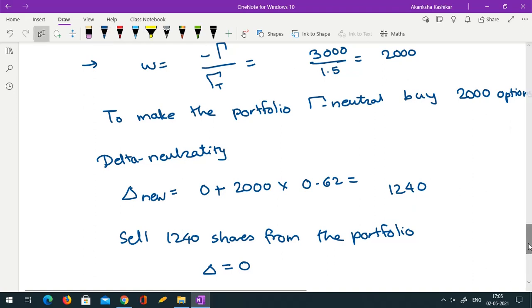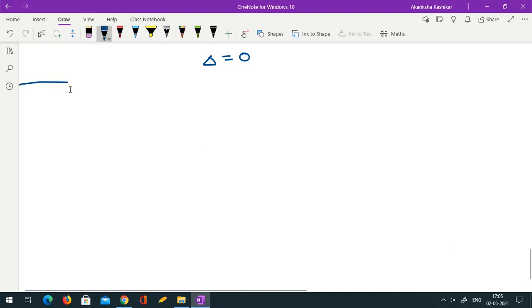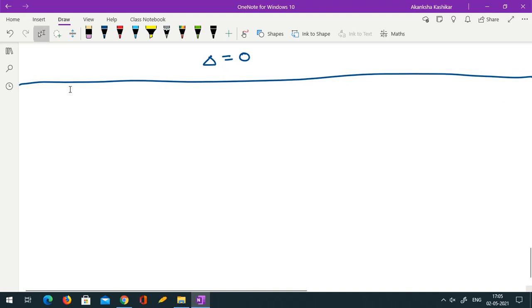Is it okay? So this is how we carry out gamma hedging, and in fact we carry out both delta as well as gamma hedging. We generally don't stop at just a gamma hedged portfolio. We obviously want to make delta also 0. We didn't see what the gamma values are for call and put options, so let me write those quickly. Again, I won't derive them because they are very easy to derive.